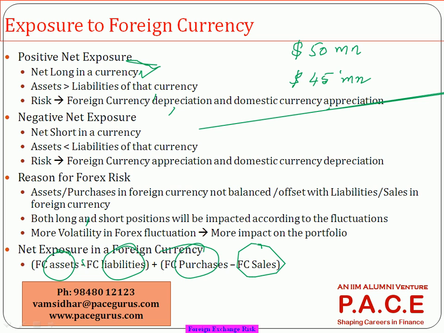Or if I import 50 million and again export 50 million, what is the benefit that I am getting there? So that's a scenario where there is a zero risk kind of situation. You are least bothered about the fluctuation in the foreign currency if your assets match with liabilities always, but in the real world, those things may not